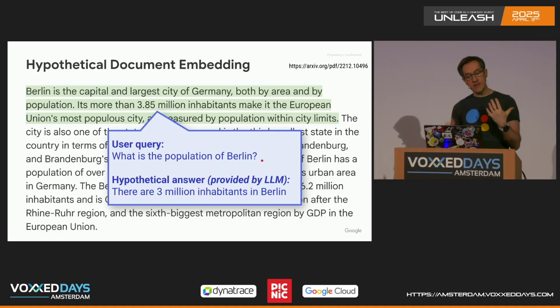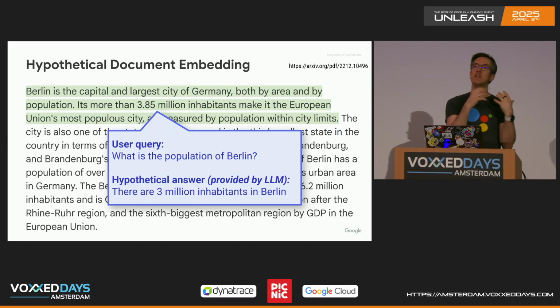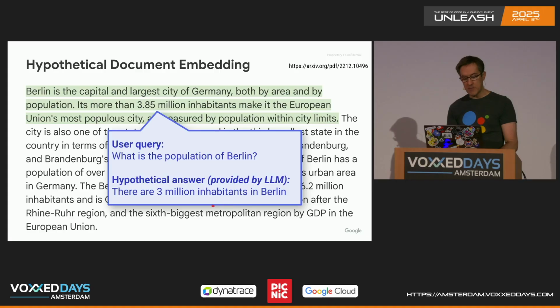We're going to ask an LLM to generate an answer. Do you know what's the population of Berlin? So it will use its internal knowledge, and maybe it's going to say there are 3 million inhabitants. It doesn't know the exact number, but it gives the correct structure of answer, of text, that will likely be present in the sources, in the documents that we have embedded. So we're searching for this, and it will match better with a similar sentence in the